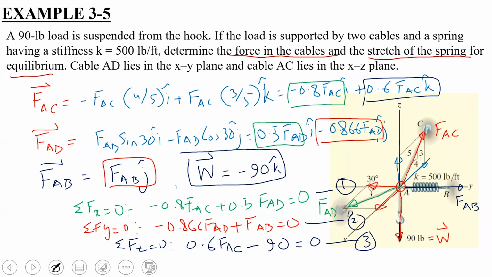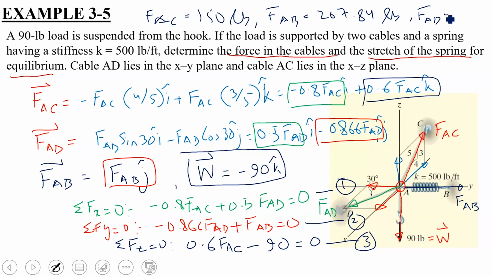So अगर मैं क्विकली इन वैल्यूज को लिखूं, FAC जो है that comes out to be 150 pounds. FAB जो है that comes out to be 207.8 pounds. And the third force is FAD that comes out to be 240 pounds. Clear है सबको? कोई चीज जो आप पूछना चाहें यहाँ तक? नो सर. चलें. So once you have found the magnitude of all these three forces, in the next step आपको